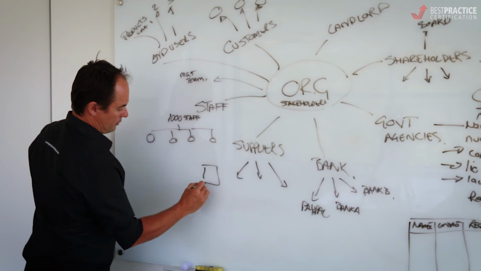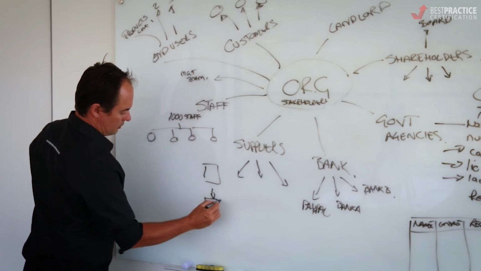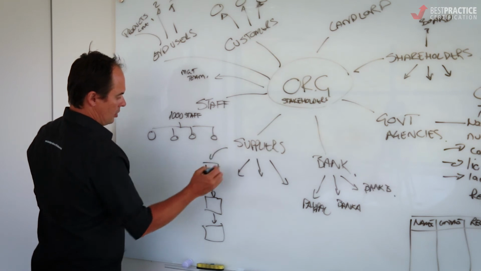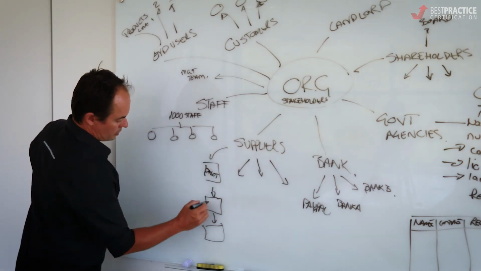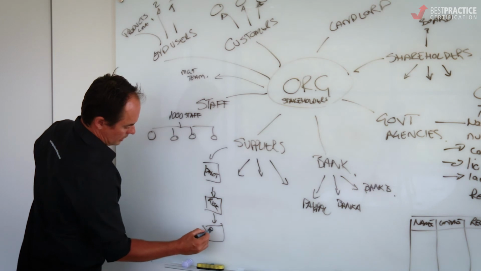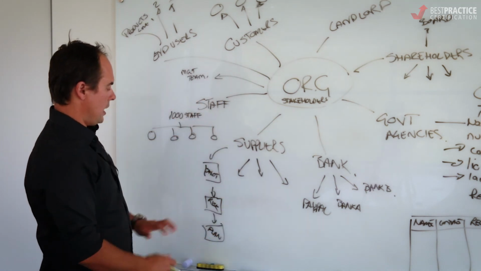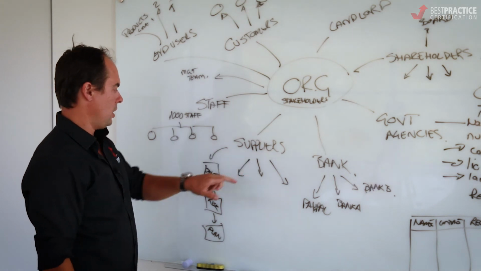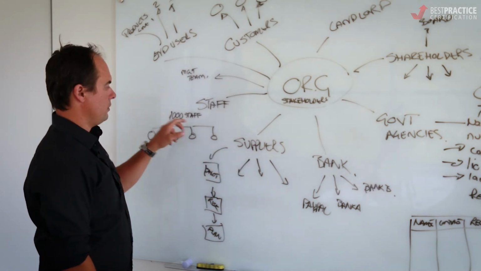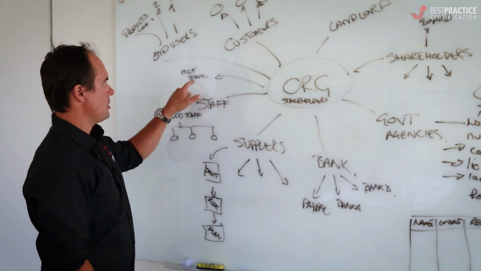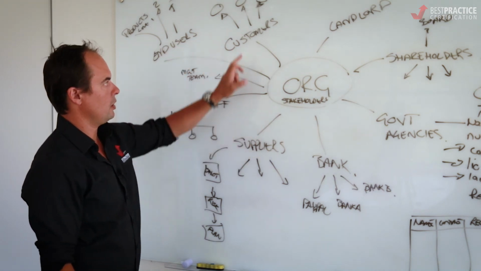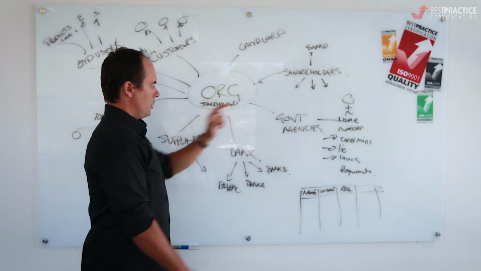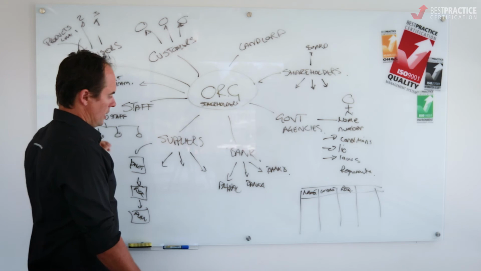And then remembering we had our flowchart that we talked about in the beginning of the video, which was this: our analysis up here, stakeholders, then we go into our SWOT, then we go into our risk analysis, and then we go into our plan. And that's how that all fits together. As we're developing our SWOT, any strengths, weaknesses, opportunities and threats: suppliers. SWOT, staff. SWOT, management team. SWOT, end users. SWOT, customers. SWOT, landlords. SWOT, shareholders. SWOT, government agencies. SWOT, bank. That's how it works.